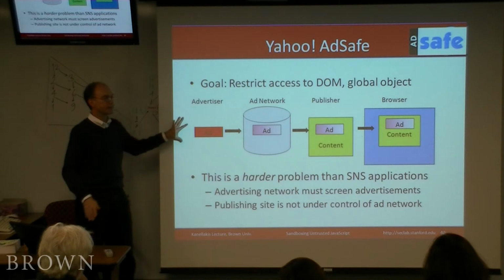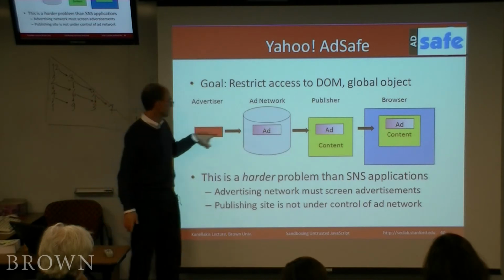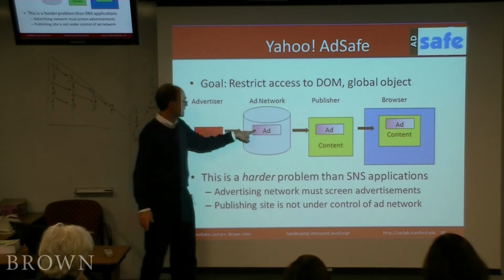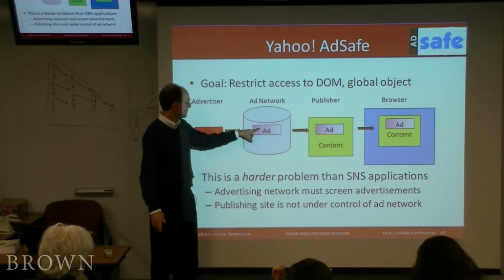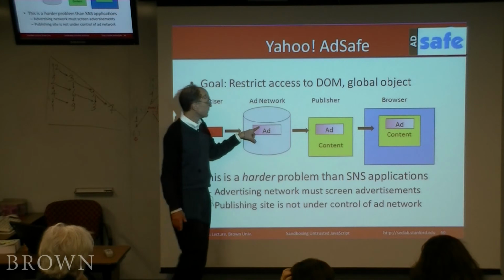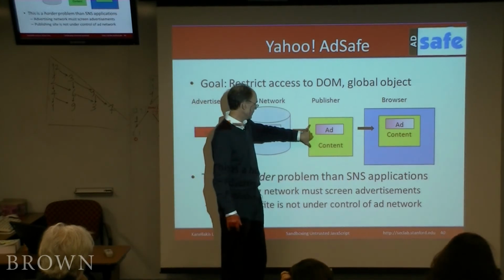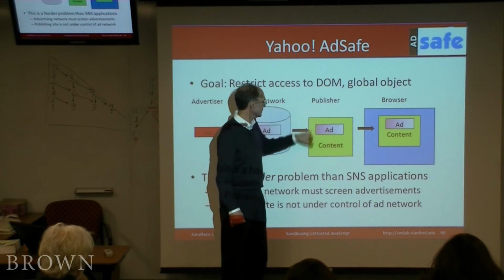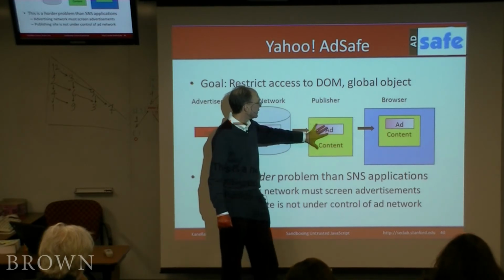In the advertising situation, the advertisement is going from the advertiser to the ad network, and I sort of changed the color to indicate it might be filtered in some way. Then that goes on to, I don't know what, the trout fishing in Montana page,